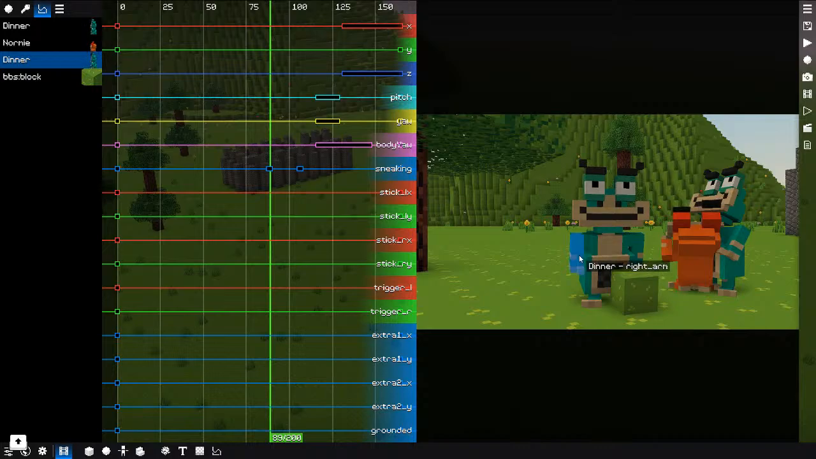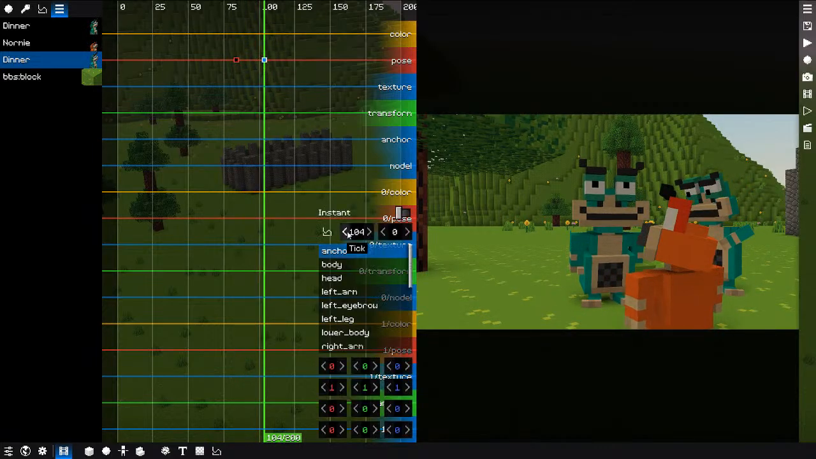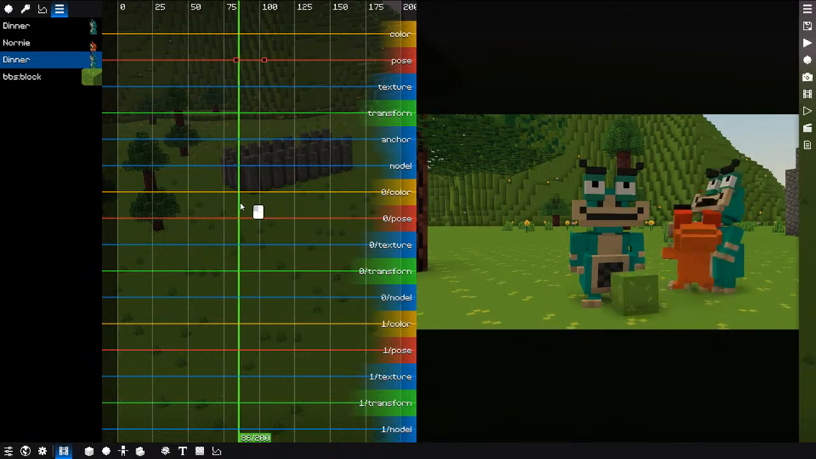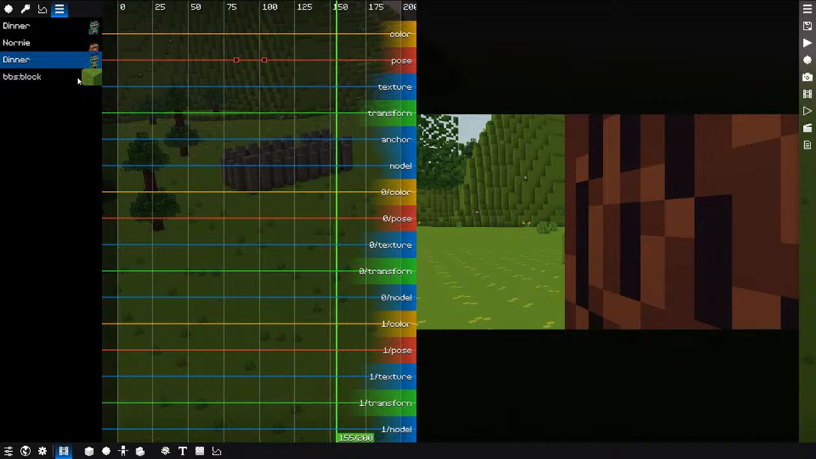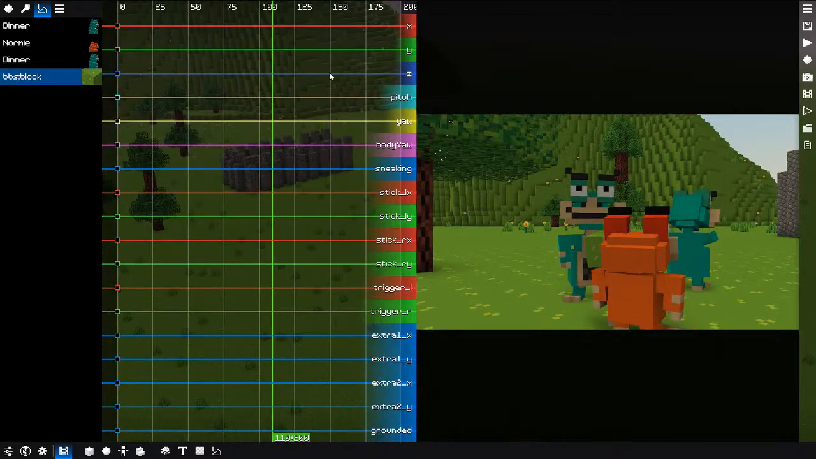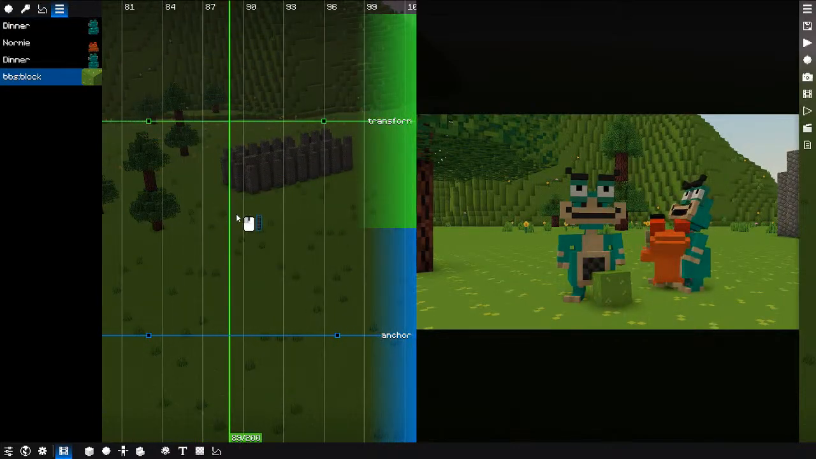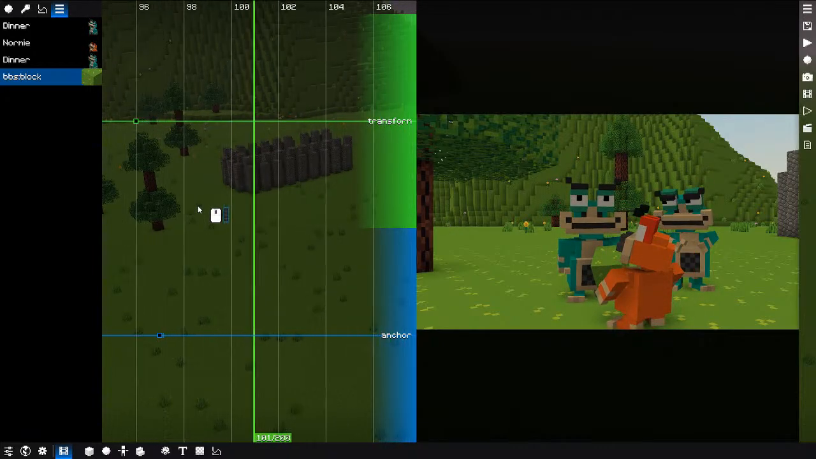So maybe what I'm going to do is animate the pose here, like this. So he picks it up, and then he can just walk away with it, even though it's a completely different actor. That's what the anchor property does here. Yeah, that's a pretty cool feature, which there is no such thing as